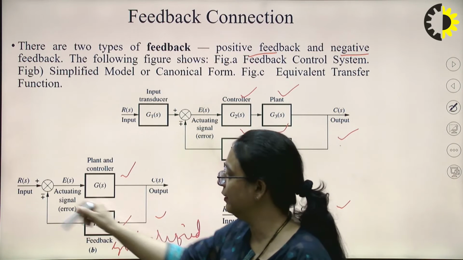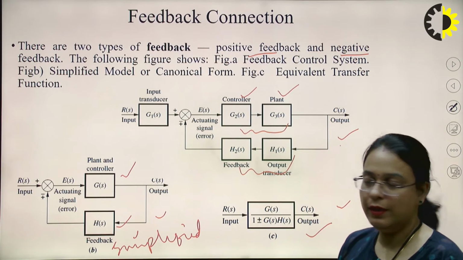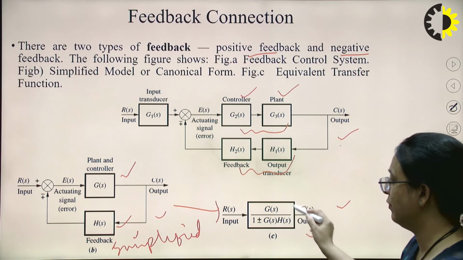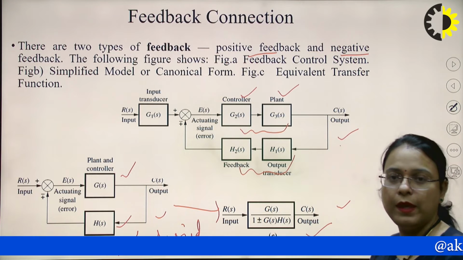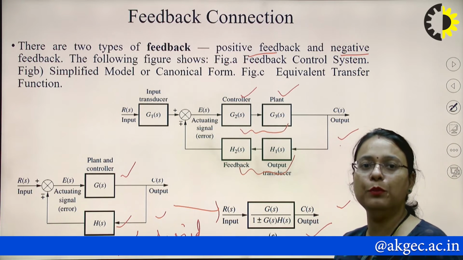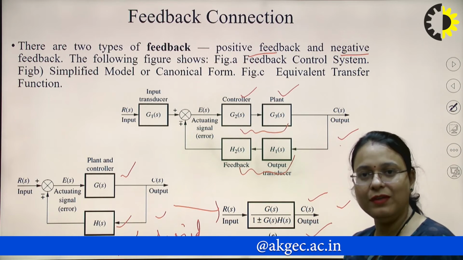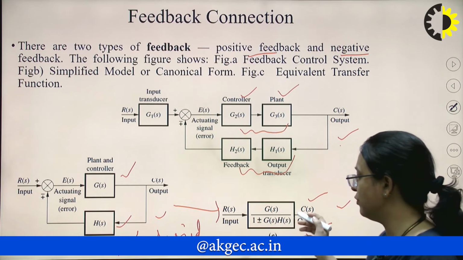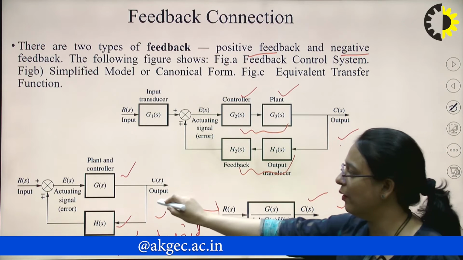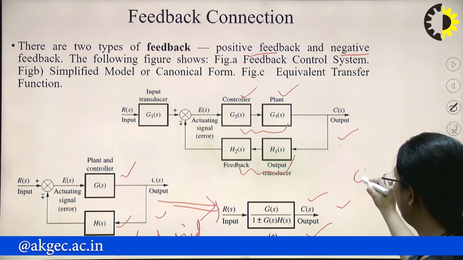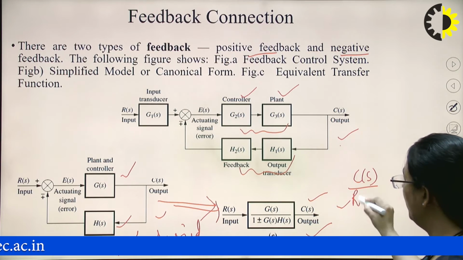And this is finally the simplified model. Now this can be converted into a single block with this transfer function. As I have already discussed in the previous lecture how to get this transfer function, this can be simplified into a single block,